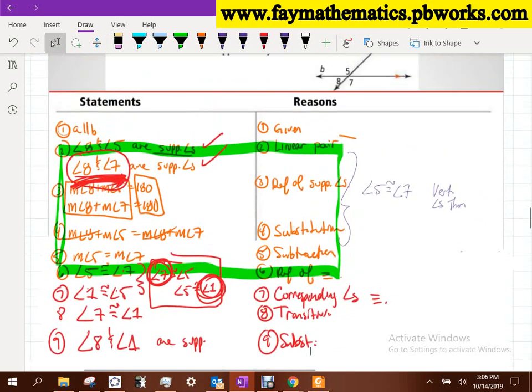Now I know this proof is messy looking. Okay? It's messy the way we've done it. But everything in that green can be replaced by one phrase, right? Everything in green can be rewritten as angle 5 is congruent to angle 7. Do this on the white. You guys don't have to write this down, but I want to make a connection to what we talked about the first day we did proofs.